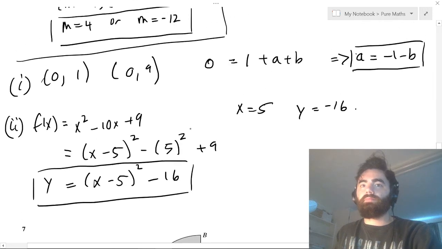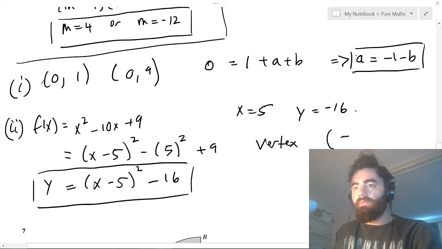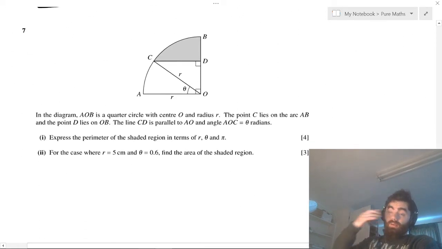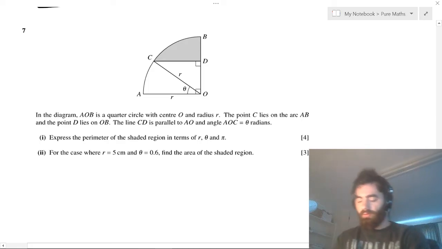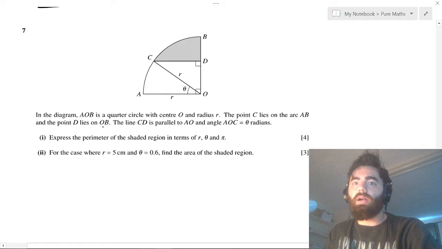Okay? So the vertex is at 5, negative 16. Cute. Right. We'll do this one, and then I'll do the rest some other time. In the diagram,